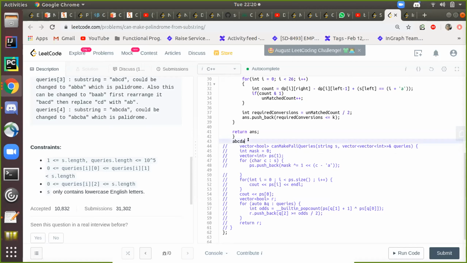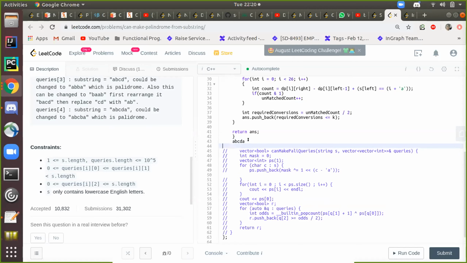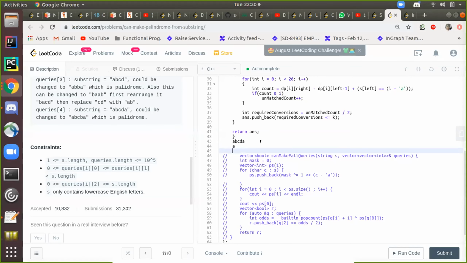First he's going to check for A. We come in on this line number 49. Our mask is 0, and we do 1 left shift C minus A. C is A here, so A minus A is 0.